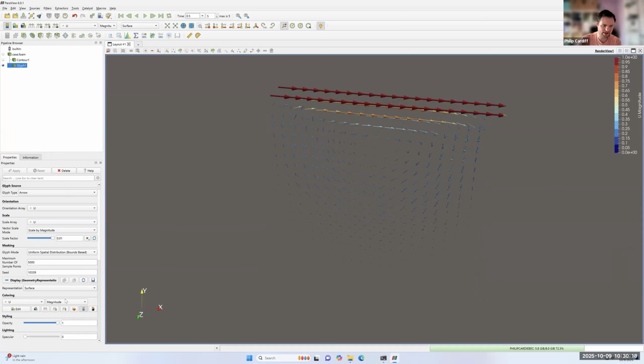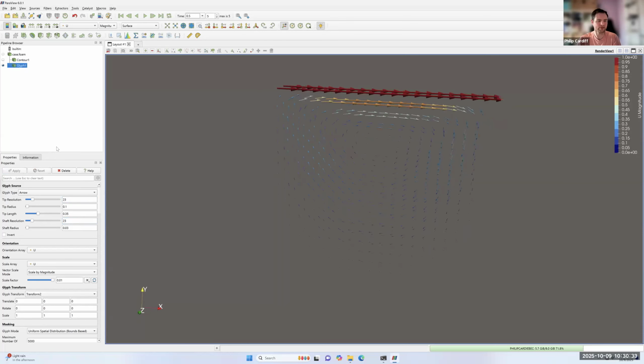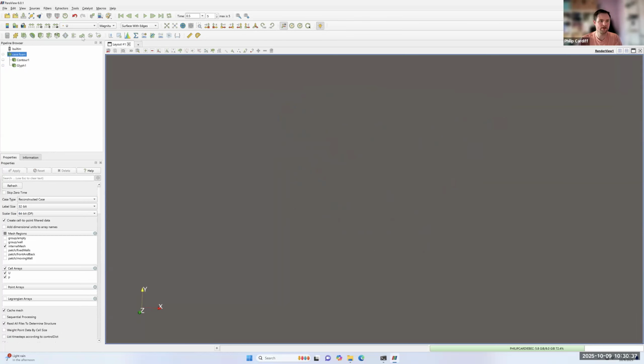You can change various settings, like opacity, and if you click these cogs, you can get extra settings. Say, if you want to increase the resolution, you can see they're a bit blocky. Maybe if you want to set to more sides, just so it looks kind of smoother and things like that, you can do that. So I will hide that one, go back to case.foam, and then I'll look at streamlines,